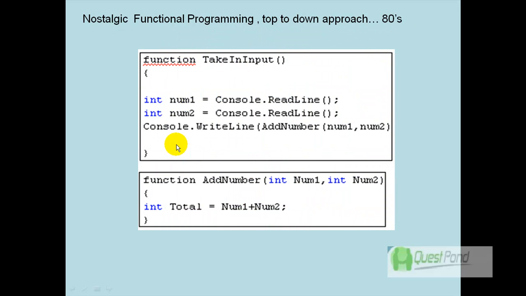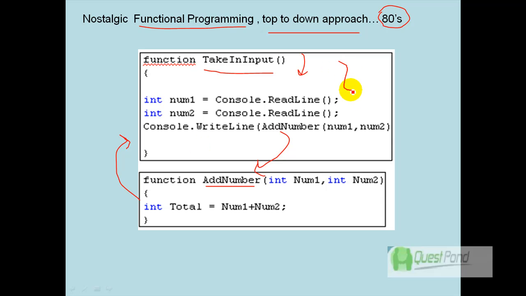we'll move back to the 1980s, where people talked in terms of functional programming. So people coded in terms of functions, and they also put down some best practices like the top-to-down approach. So in other words, always have an entry function, for example, take input is the entry function here, which is the first entry point. If it's calling add number, then it should call in a waterfall fashion, and add number should again pass the control back to the main function. So in other words, no function should hop in between using goto or similar. Always go in a top-to-down fashion.